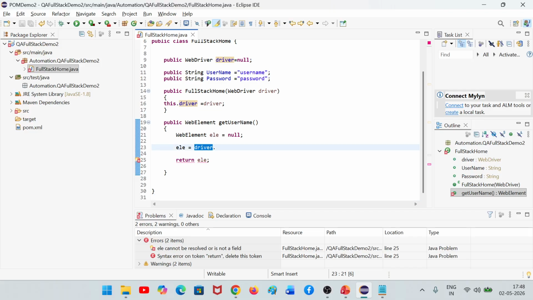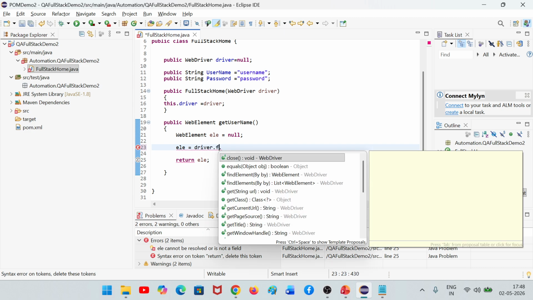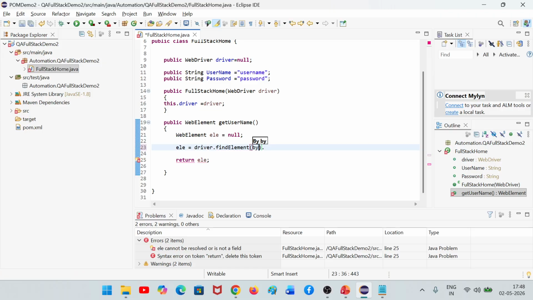Okay, so what we need to do here? We need to do driver.findElement by id. So the id is our username. Here is the username, so I'm going to give the id username. I need to give these things because we already defined it, and it's written